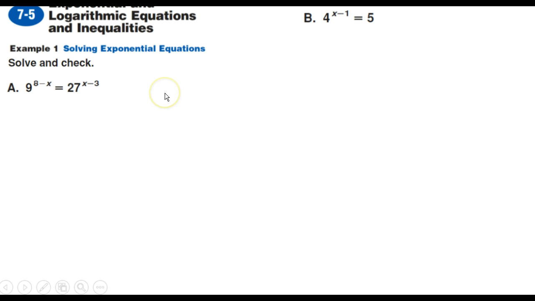Okay, two more types of problems, and I know I'm going backwards here. This actually matches example 1 in the textbook. You'll notice that we have two problems given to us, and the x is in the exponent. In order to get to that x, we have to get rid of this base of 9 and this base of 27. So the goal here is to make sure you rewrite each side with the common base or the same base. And since 9 and 27, if you use your powers chart, both have a base of 3,